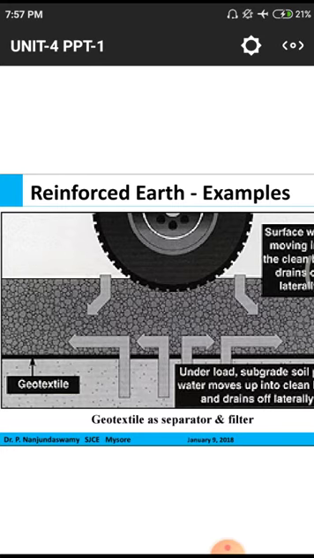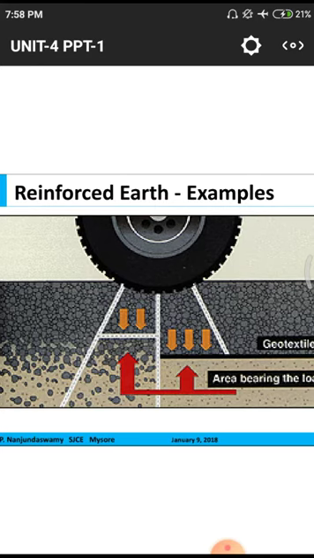This is one of the examples to control failure of a pavement structure. This is with polymer and without polymer, how the road behaves. In this particular diagram we have to observe how the matter is held with the help of geotextile, and how the matter separates without geotextile. We have to differentiate those two things. With the use of geotextile, what is the structure lifespan? Without geotextile, what is the structure lifespan? We need to compare those two things and estimate our structure lifespan.